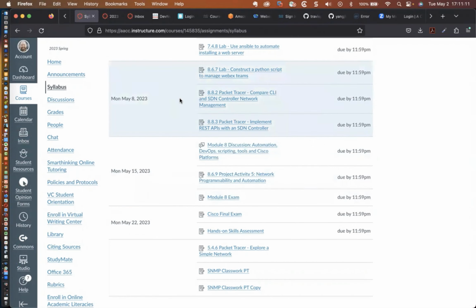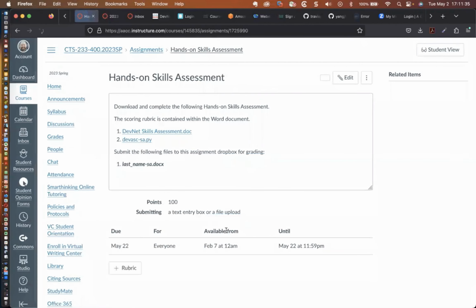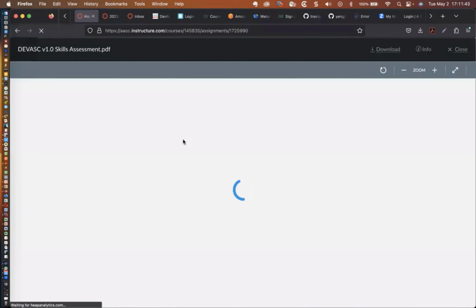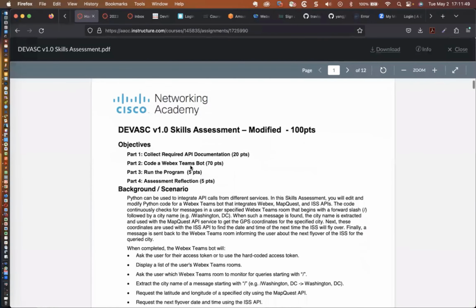Okay. So any questions on what we're working on this week, the next week, or the following week? Then we've got our final exam and the hands-on skills assessment that will be due. Those are both due. And remember, this project activity right here is not the hands-on skills assessment. So let me clarify. There's a project activity, but then you have this hands-on skills assessment. Let me pull this up real quick here. This is also going to require, and you know a lot of this already,